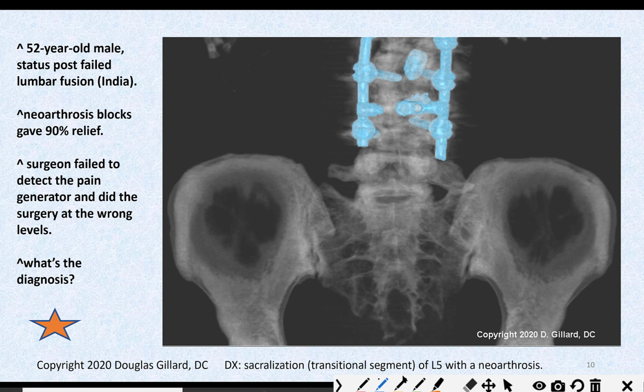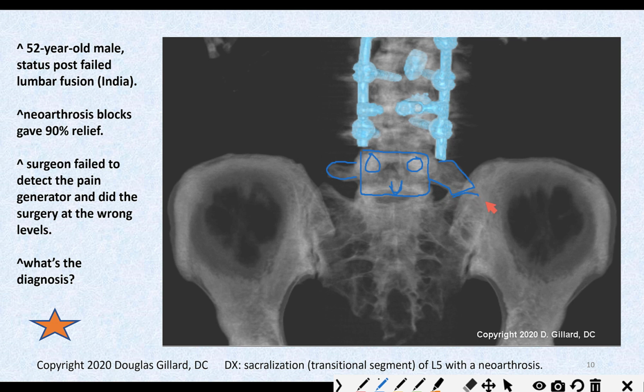That's right, I can draw, can't I? So there's the body. Right, there's the pedicles. The pedicles are the thickest part of bones. They always look like eyes. The spinous process looks like a nose. You always look for the eyes and the nose to make sure cancer doesn't eat the eyes away or make the eyes look too white. Transverse process over here looks great. Yep, some of you are going, oh yeah, it looks just like that cadaver, that bone specimen. Yeah, we got a sacralization. We have a new joint, a neoarthrosis,